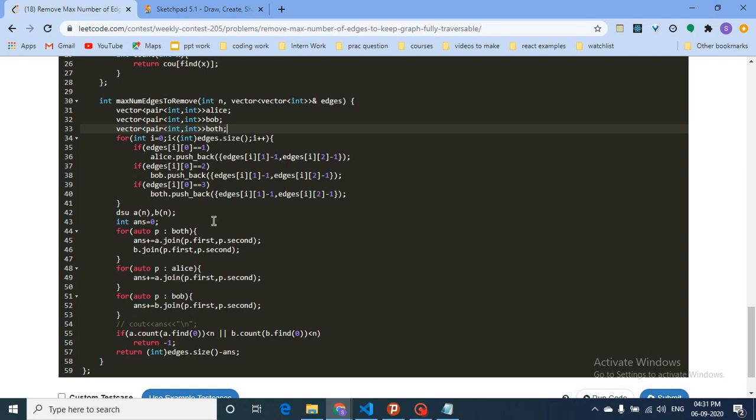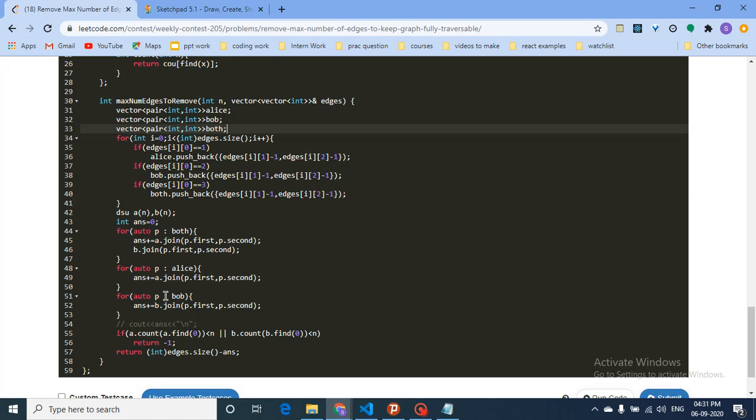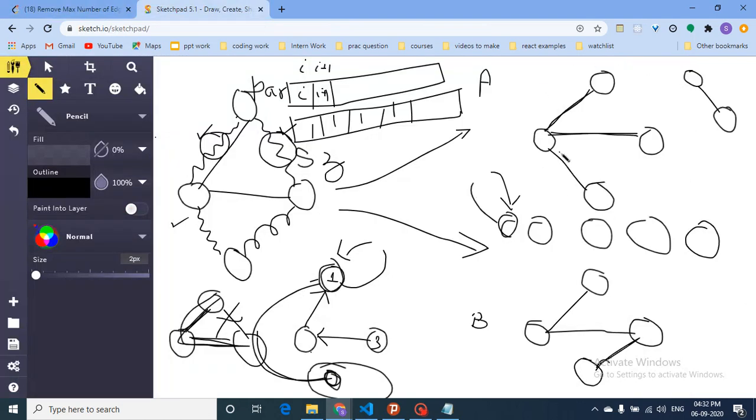Then we will iterate over the Alice edges and only join them in the A graph, which I have told you about, because now in the first graph we only join the edges for Alice, such that you can traverse, or these two components are different, and then do the same for Bob. And then in the end, if everything forms a singular component, my main task is that the Alice graph and the Bob graph should each be a singular component. If even after all these joinings it doesn't form a singular component, and there are 2-3 components, then the answer is -1. You have to return -1.